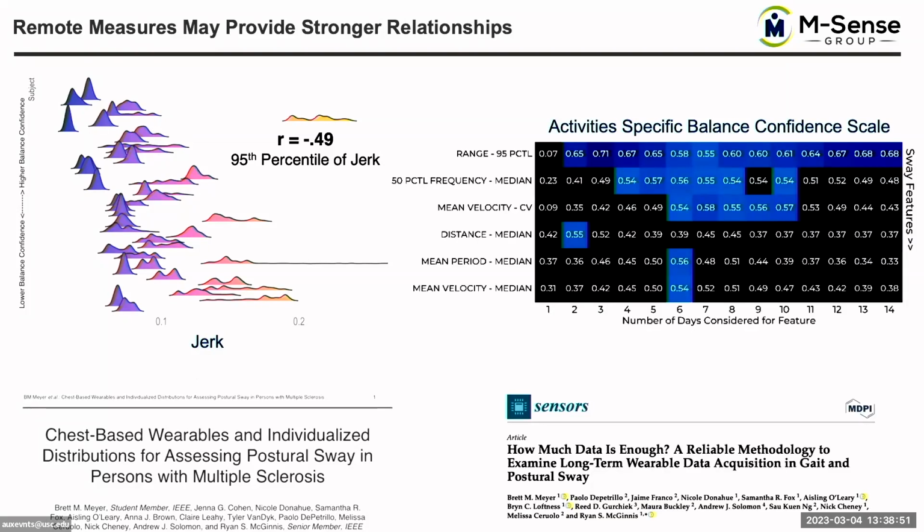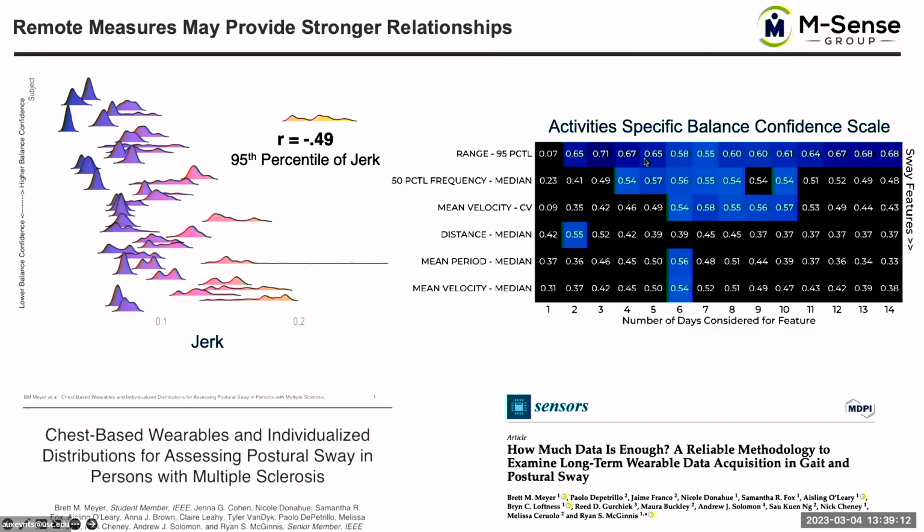But when we look at data that's collected from the home environment, the strength of that relationship is much stronger. This is the magnitude of the correlation between activity-specific balance confidence and a variety of postural sway measures collected over a number of days. We'll talk more about this in a slide. But you see that you have correlations around 0.7 from this at-home data and correlations around 0.49 from data that's